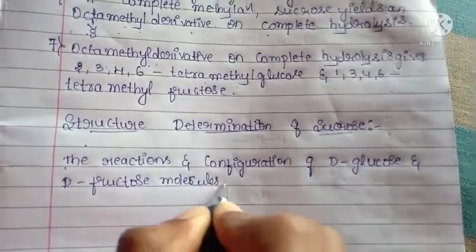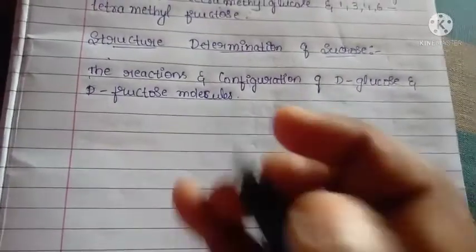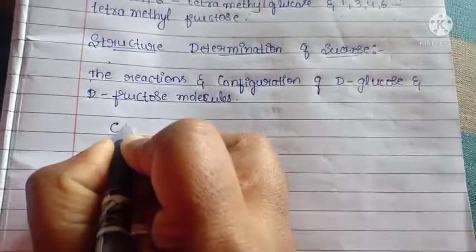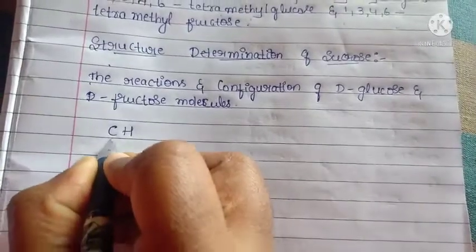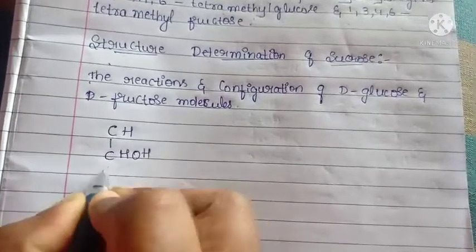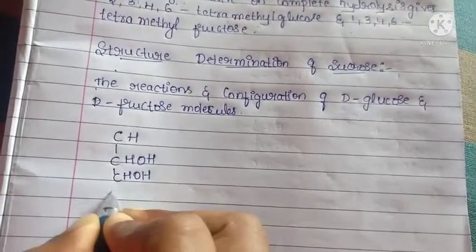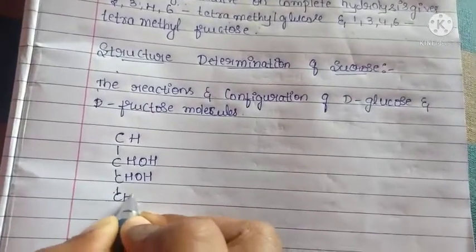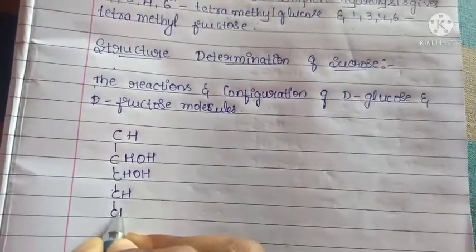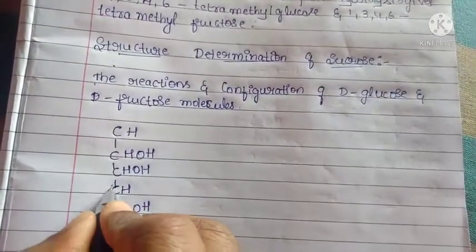The structure of the sucrose is like that. Here CH, CHOH, CH, CH2OH. Okay, this will be the